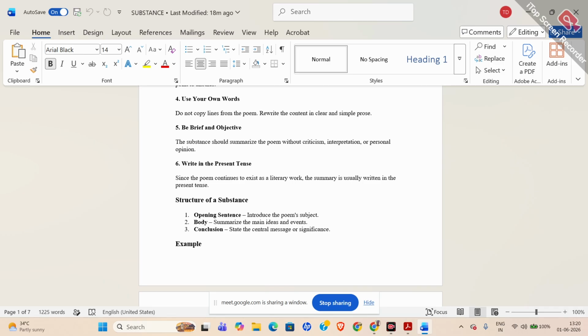তাহলে কি বলছে এখানে? The substance, যেটা আগে বললাম যে এটা তুমি সামারি লিখছো, সাবস্টেন্স লিখছো, একটা ছোট করে জিনিসটা কবিতাতে কি আছে সেটা তুমি বুঝিয়ে দিচ্ছ। কেউ কবিতাটা পড়েনি, suppose your friend has not read the poem, তুমি বলে এরকম কবিতা আছে, এই দেখ বলে তুমি সাবস্টেন্স লিখে তাকে দেখালে, then he or she will be able to get some idea about the poem. সে না পড়লেও বুঝতে পারবে যে হ্যাঁ শেক্সপিয়ার এইসব বলেছিল এই কবিতাটাতে। তো should summarize the poem without criticism, এখানে কিন্তু ক্রিটিসিজম ব্যাপার আসছে না, ক্রিটিসিজম আসবে তোমার ক্রিটিক্যাল নোটে, সেটা আমরা পরে ডিসকাস করছি। এখানে কিচ্ছু নিজের বলা যাবে না, তোমার নিজস্ব ওপিনিয়ন, তুমি জাস্ট লিখছো, সাবস্টেন্সটা লিখছো, কবি যেটা বলেছেন সেটাকে সহজ সরল ভাষায় ছোট করে লিখছো, এই হচ্ছে ব্যাপার।